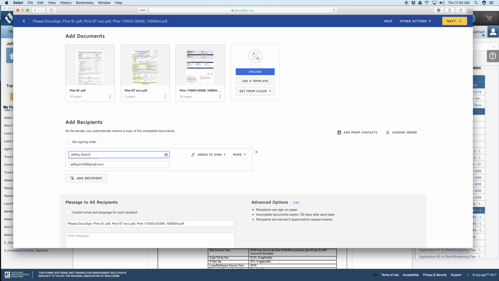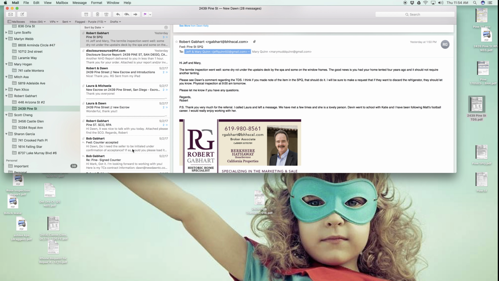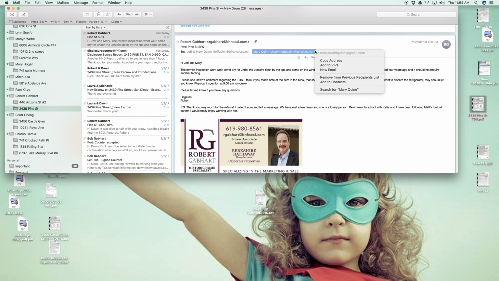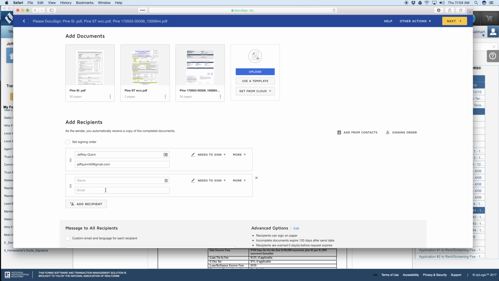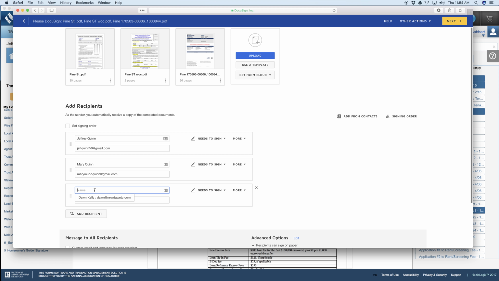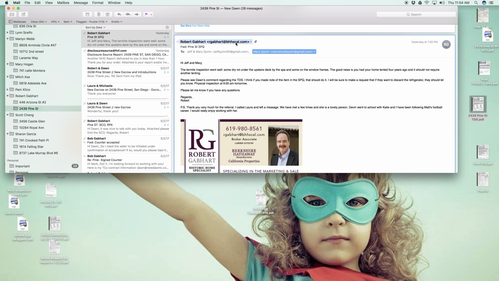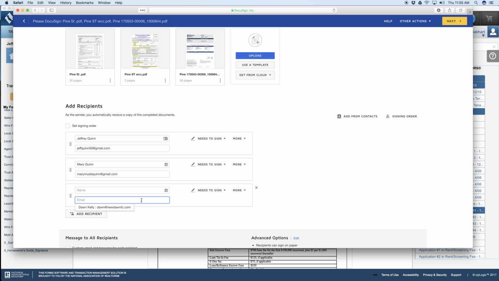So we're going to call him Jeffrey Quinn. We're going to add a recipient. He's married. We need Mary Quinn on there. I'm going to copy her address, paste it, Mary Quinn. We are going to add the agent. Since we are in My Docusign, we need to go ahead and add Robert onto here so that he can sign as well. We will put his name down there, add him up here, Robert Gabhart,